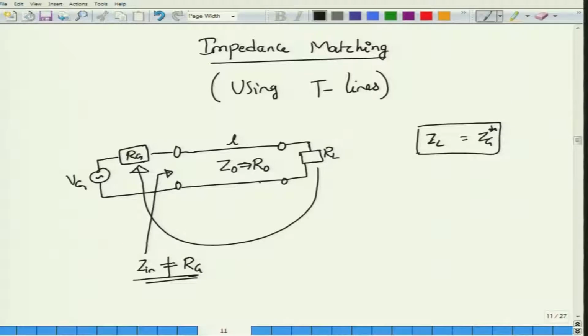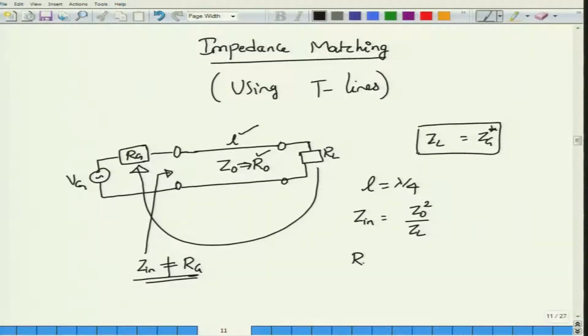However, we are designing the transmission line, so we are very well free to choose whatever length of the transmission line that we want and whatever the value of R0 that we want. Let us see what we can do by choosing these two parameters in order to make the input impedance seen here at the input terminals of the transmission line to be equal to RL. We can do that very easily by considering L equal to lambda by 4, because when you take L equal to lambda by 4, the input impedance seen looking into the transmission line of a length lambda by 4 will be equal to Z0 square by ZL.